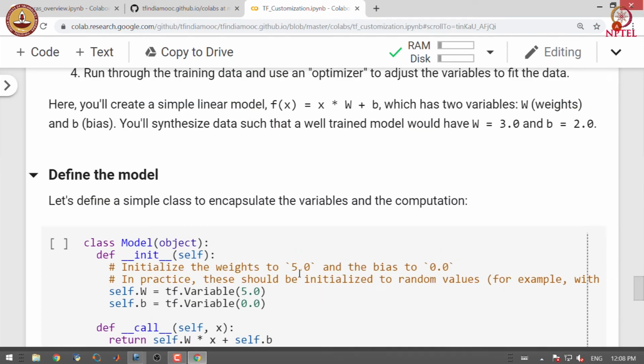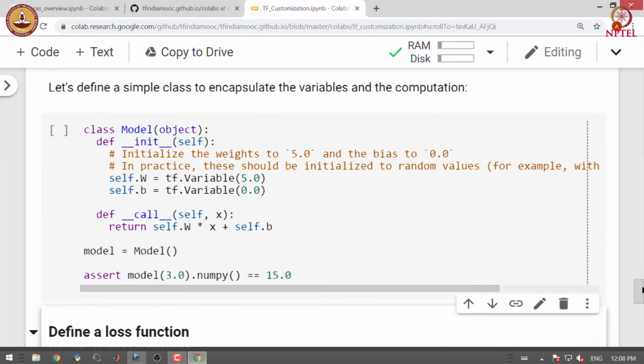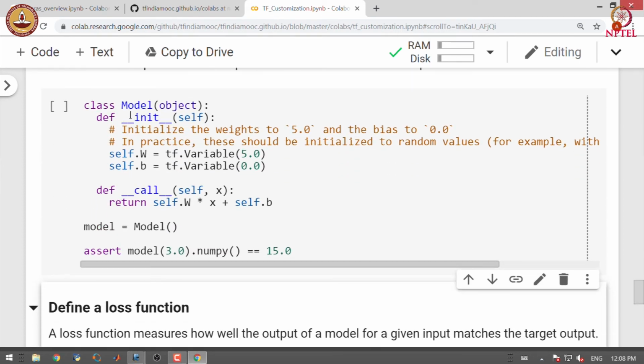We will define a simple class to encapsulate the variables and the computations. So, in the constructor we define variables w and b, and we have set them to 5 and 0.